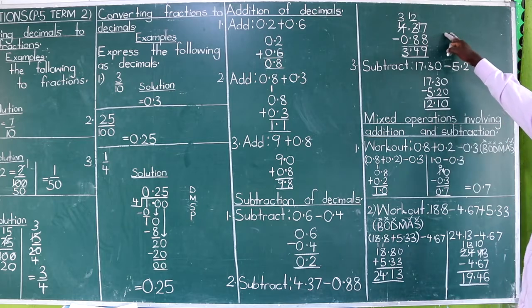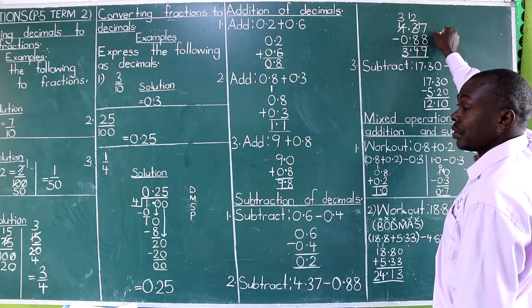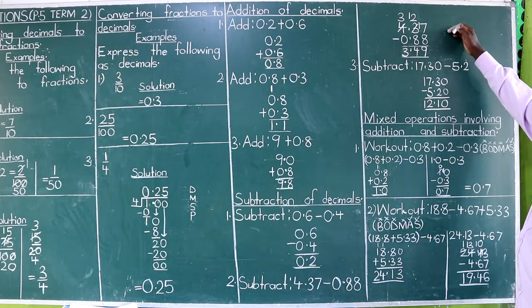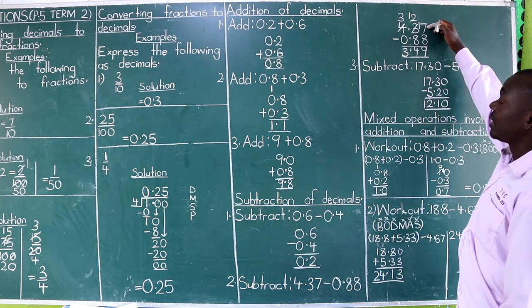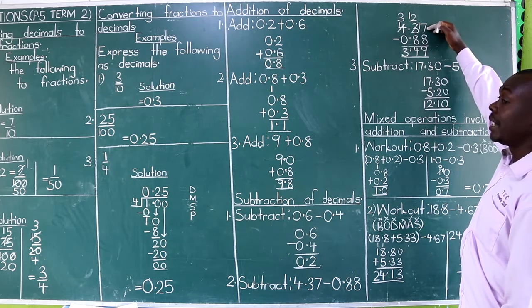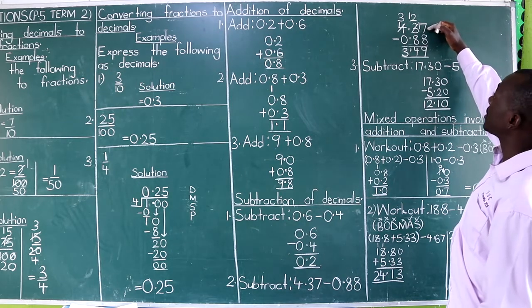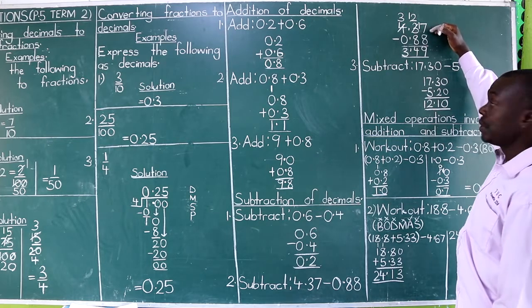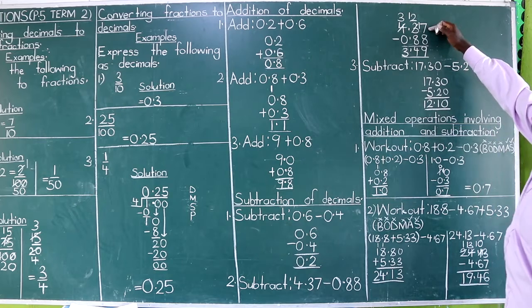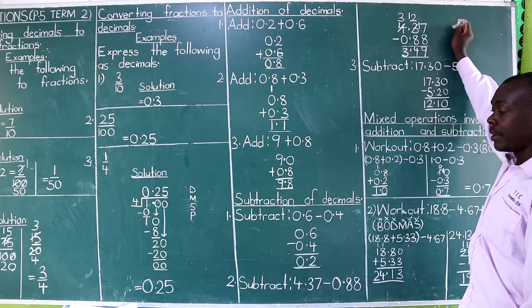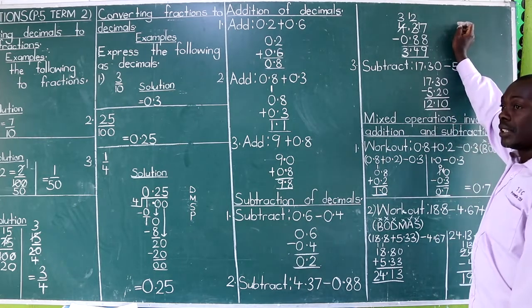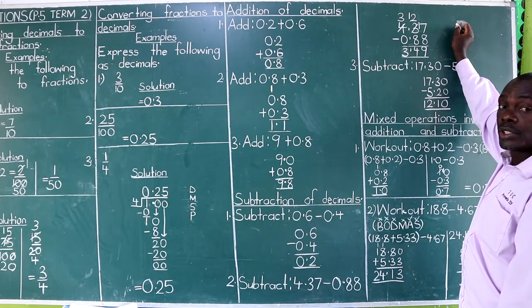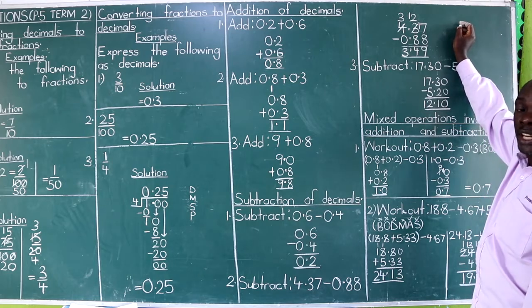Here, we shall have an element of borrowing, like we learned in operations on whole numbers. That is subtraction of whole numbers, but now subtraction of decimals. So in case the upper number is less than the downer one, then we help it by that base, meaning we borrow the base and add that base to the number in order to gain some value for you to subtract normally. So that 7 minus 8 is already possible after borrowing. Never say impossible, otherwise we cannot get an answer for something impossible. The fact being that you proceed on to working, it means it is possible, but after borrowing.